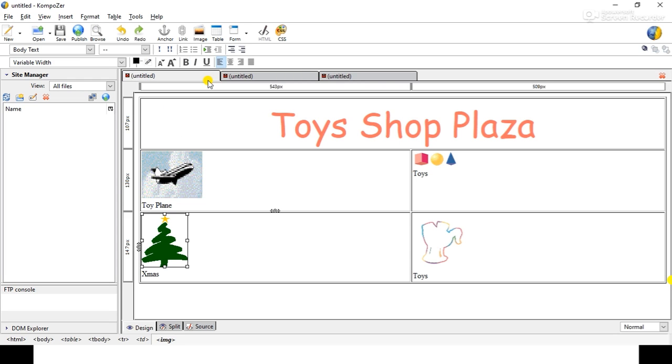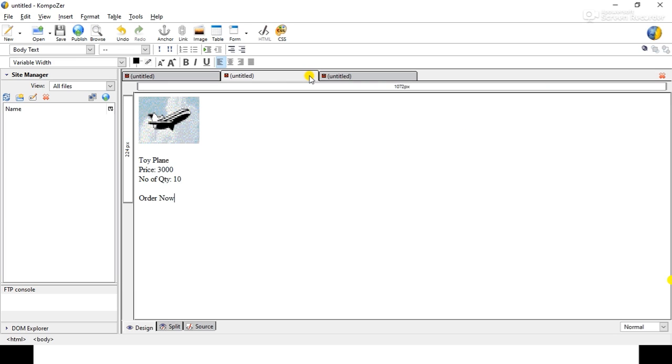So we will give this text and image hyperlink to this second page and this third page. Firstly, before we give the hyperlink, we have to save these two pages, otherwise it will not display these files. So save.